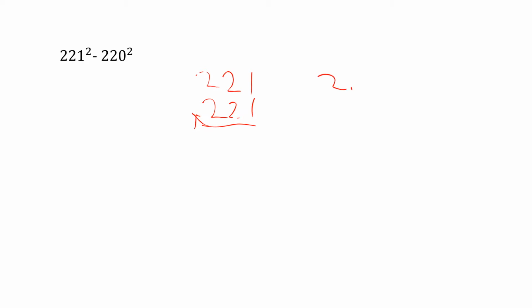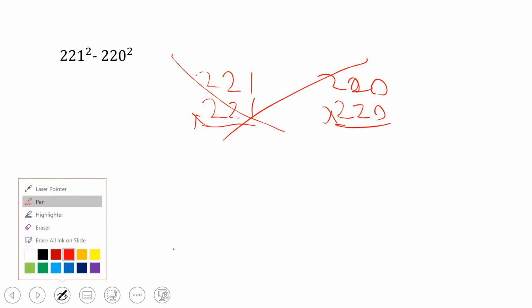And same with this one. 220 isn't that much smaller. It's literally the same thing. So, this is not what you want to do. Instead, there are many better options to solving this problem. So what we could do is, well, let's take a smaller problem like 4 squared minus